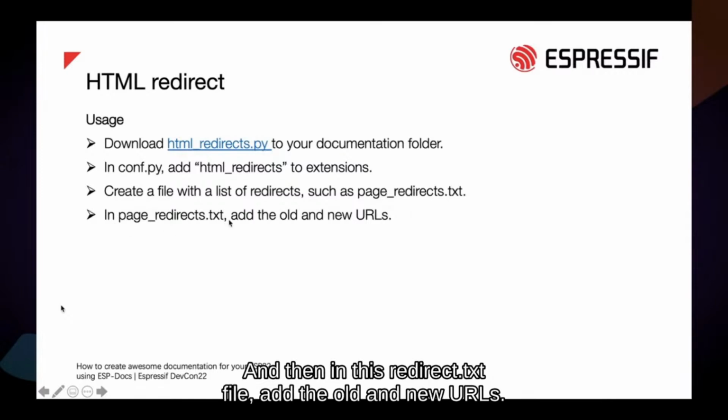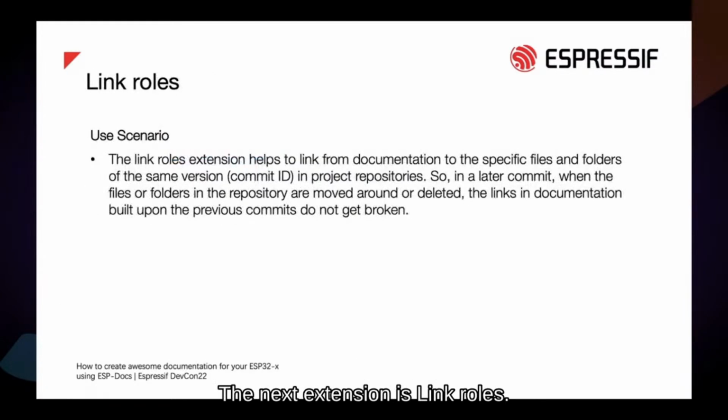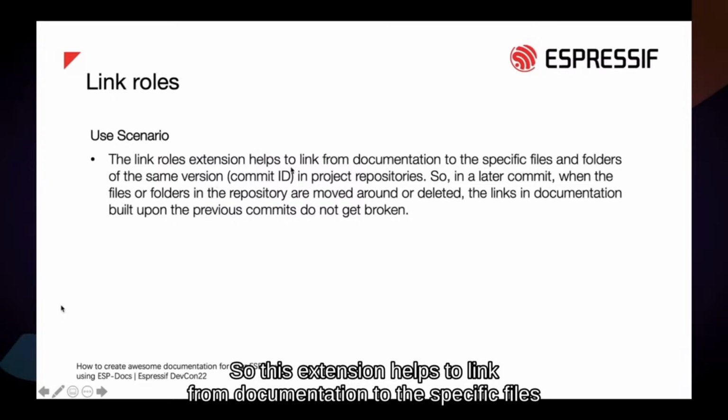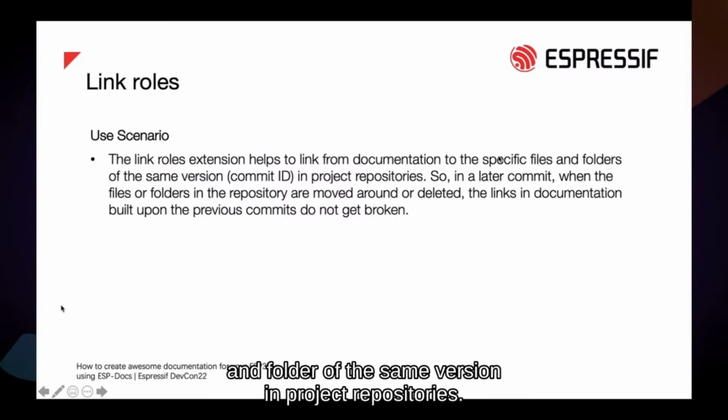And then in this redirect txt file, add the old and new URLs. The next extension is link rows. This extension helps to link from documentation to the specific files and folders of the same version in project